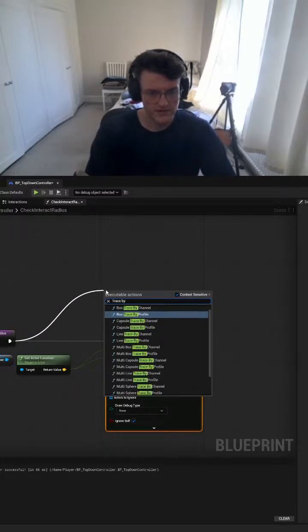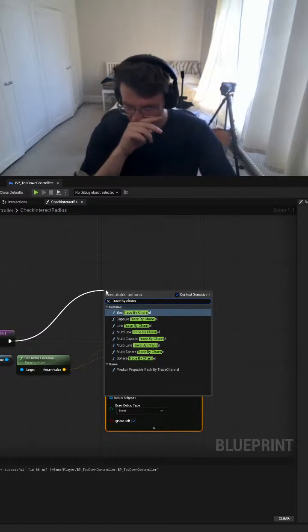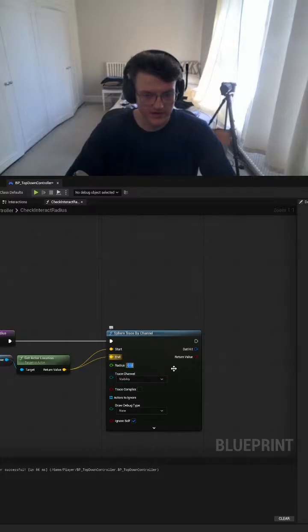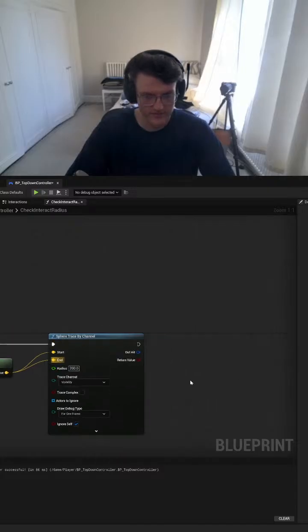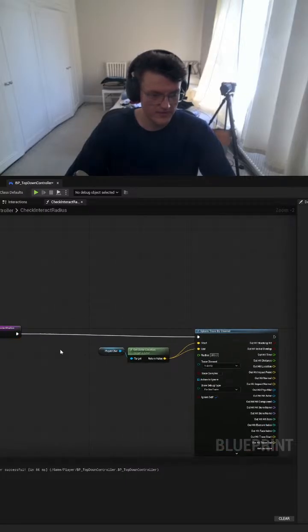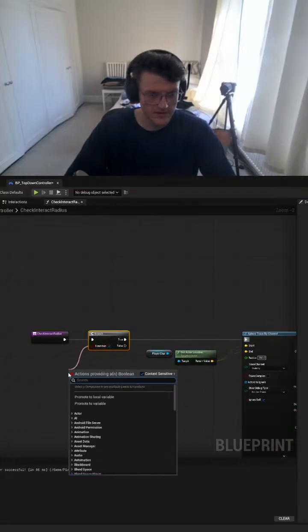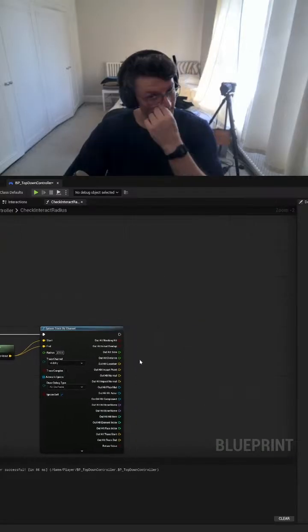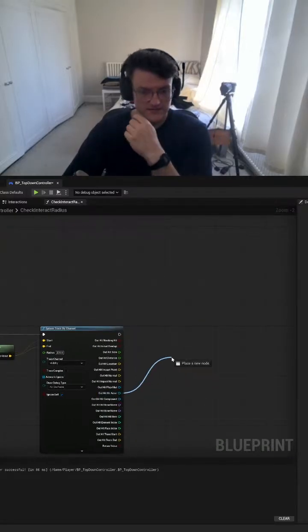Trace by visibility, radius 200, draw debug type for one frame, out hit, split struct pin. Firstly, then we'll do a branch for, promote to variable, should check trying to interact is true, and if the out hit actor